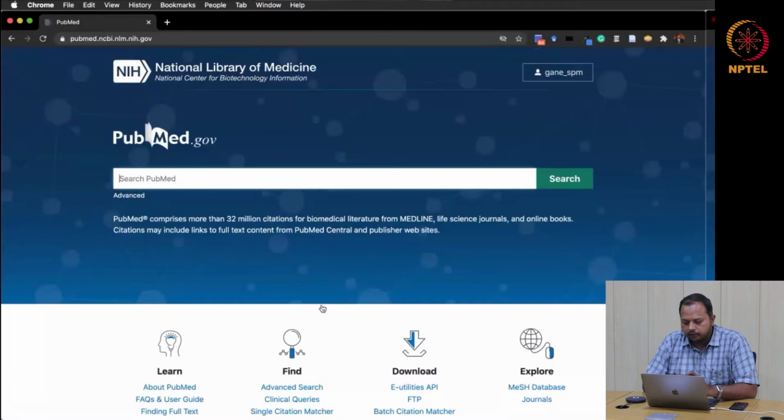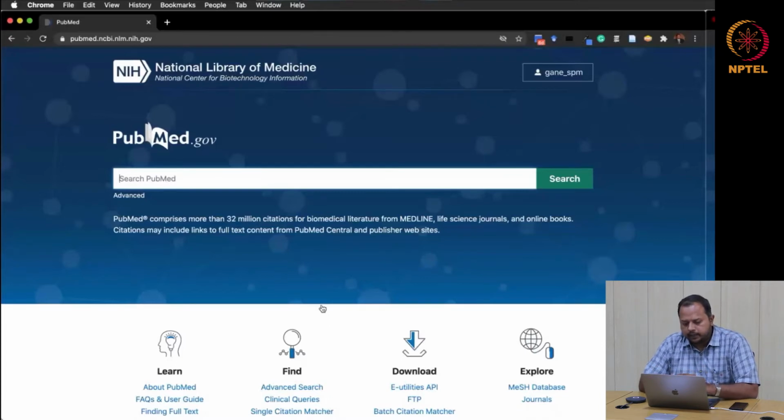The advantage of logging in through an account is that all your activities on this website, especially your recent searches, can be stored within your account. It provides unlimited storage for your collections too. So if you want to store some of the articles you have searched, you can. And if you want to send stored searches or collections by email to someone, you can send them directly from your PubMed account.